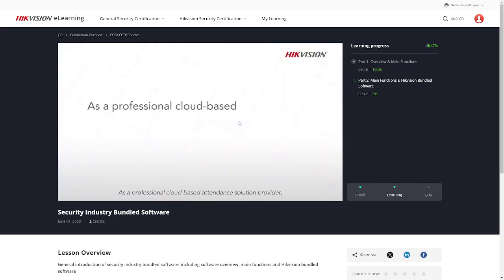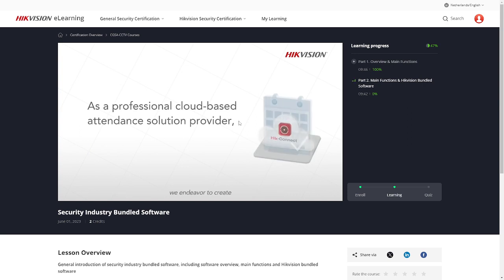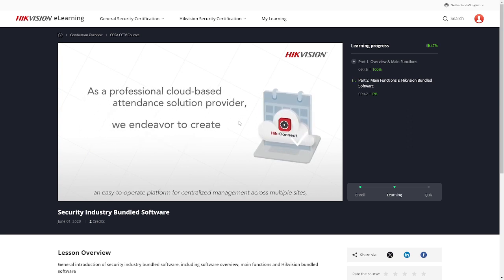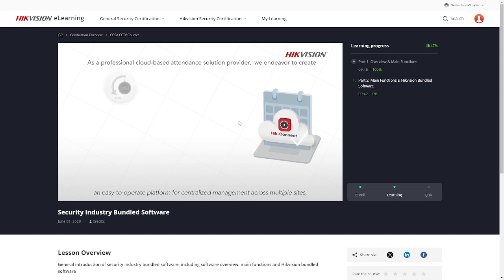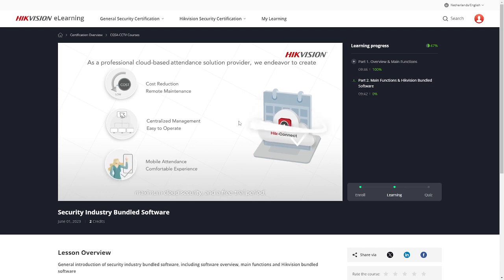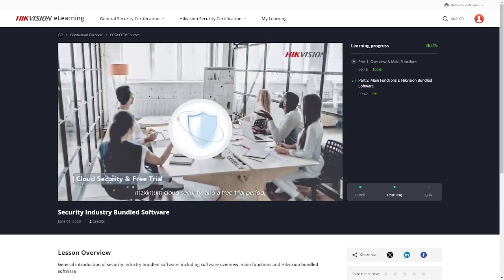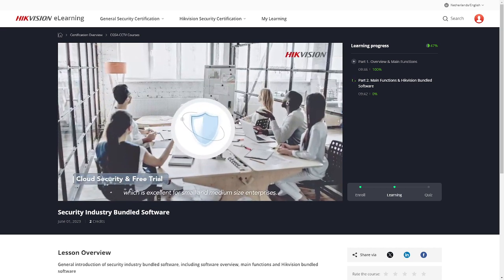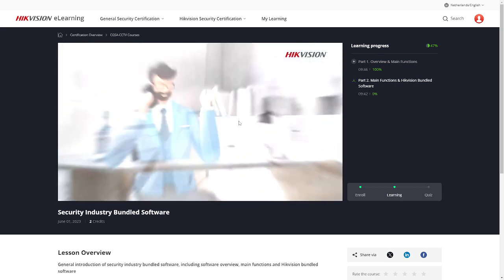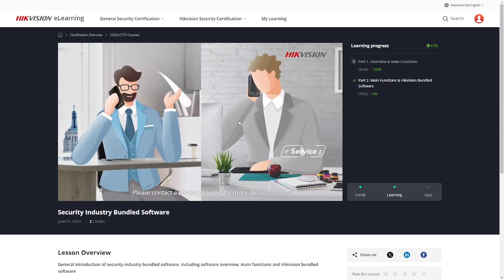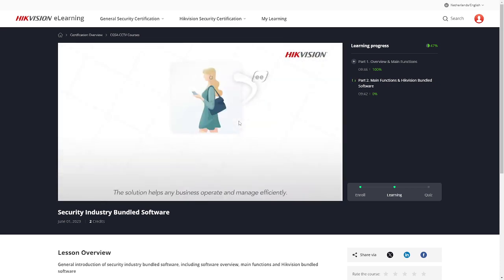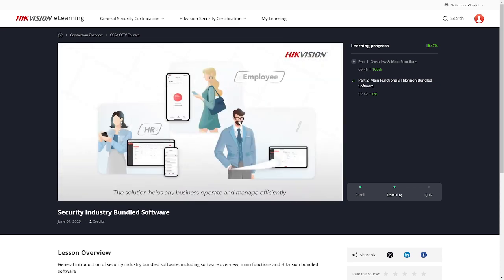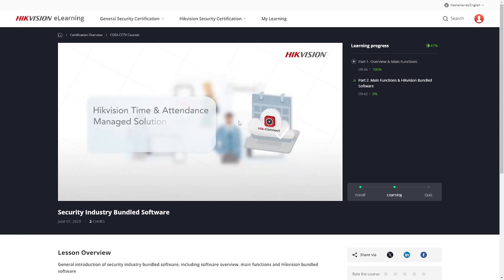As a professional cloud-based attendance solution provider, we endeavor to create an easy-to-operate platform for centralized management across multiple sites, featuring cost reduction, remote maintenance, comfortable attendance experience for users, maximum cloud security, and a free trial period, which is excellent for small and medium-sized enterprises. Please contact a service provider for more details. The solution helps any business operate and manage efficiently. Manage with ease, anytime, anywhere.